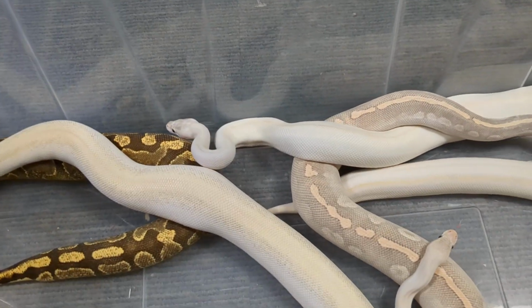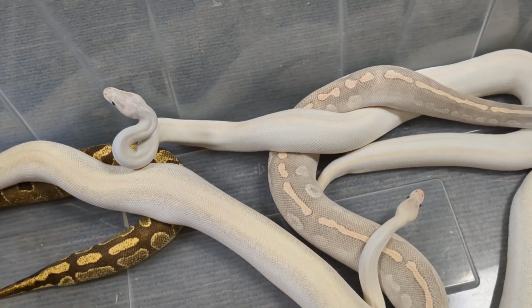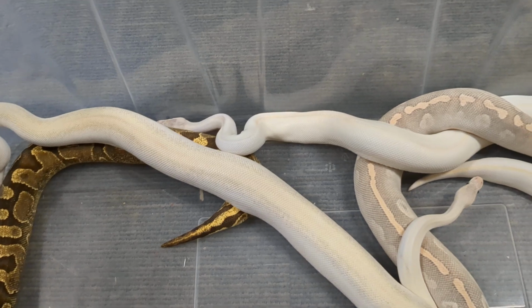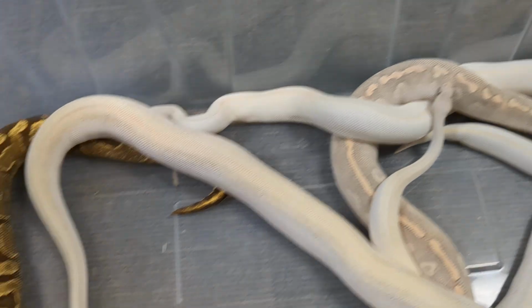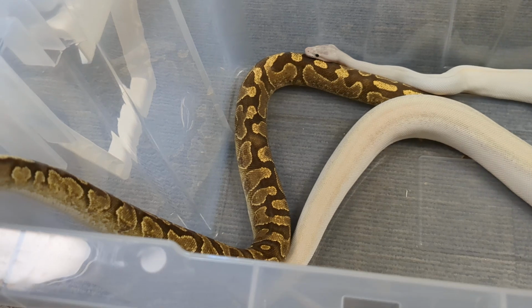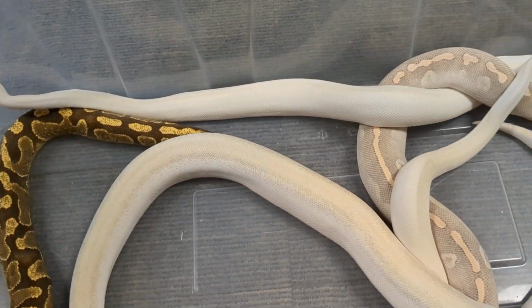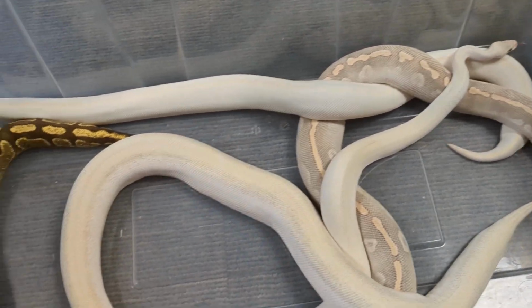But adding more genes into a highway project or a freeway project or even an ivory project was just incredible. And that was just built around that complex. If you start to put that into pied or into a lot of other genes, and they don't have to be recessive, although a lot of them are, all of these genes do different things in these different projects, which is why there's just an unnumbered, endless supply of projects to be had in ball pythons, because there's hundreds of base genes which can combine into virtually